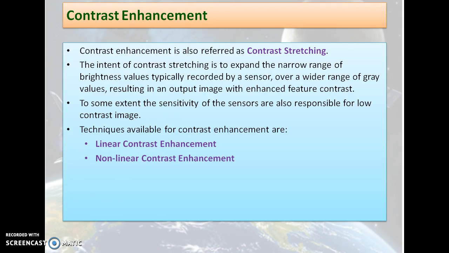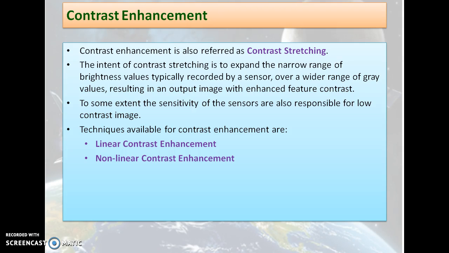Contrast enhancement is also sometimes referred to as contrast stretching. The sensitivity range of any remote sensing detector is designed to record a wide range of terrain brightness from black basalt plateau to white seabeds under a wide range of lighting conditions. But there are only a few individual scenes that have a brightness range that utilizes the full sensitivity range of these detectors. To produce an image with the optimum contrast ratio, it is important to utilize the entire brightness range